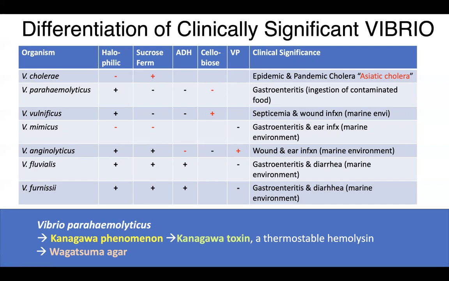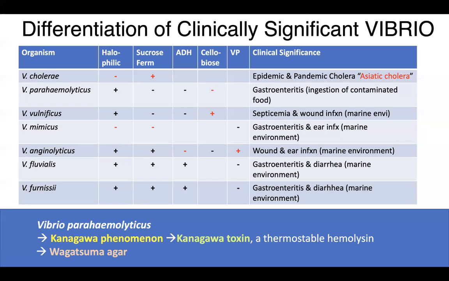So Vibrio cholerae is the agent of epidemic and pandemic cholera. Now the so-called Asiatic cholera, which was first noted in India. Okay, because of their culture and practices. And then note, no, Vibrio parahaemolyticus, which is the most common agent of infections caused by eating contaminated seafoods like